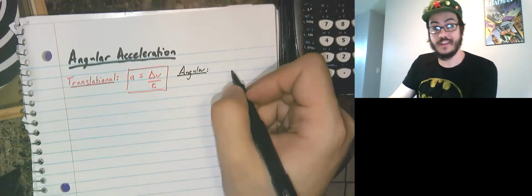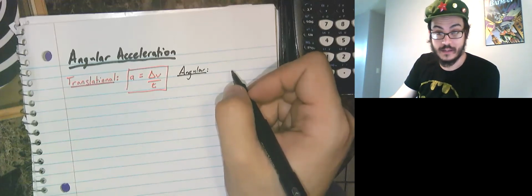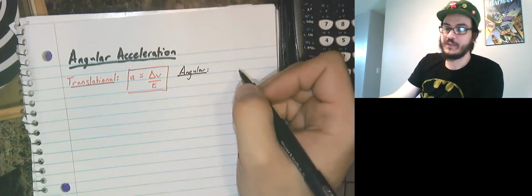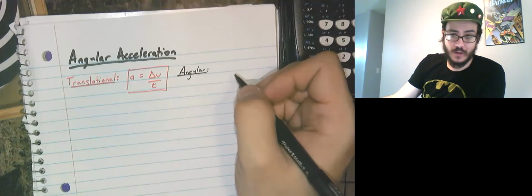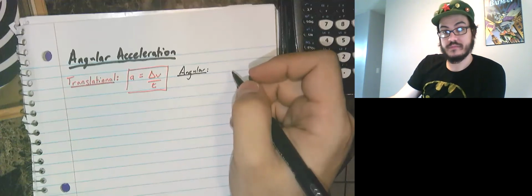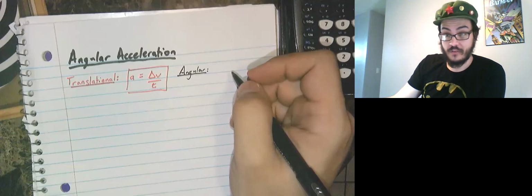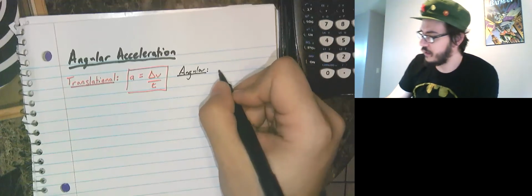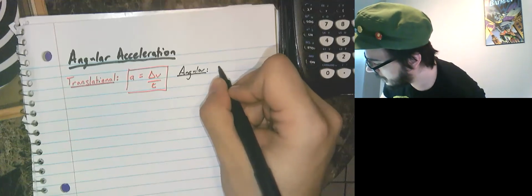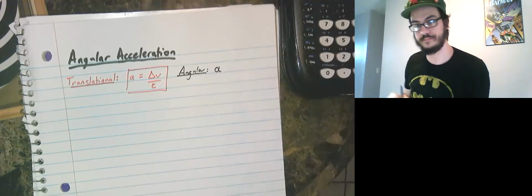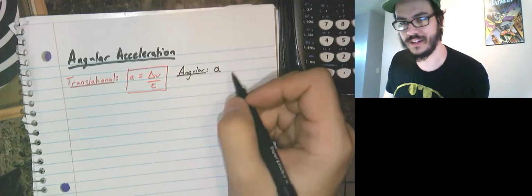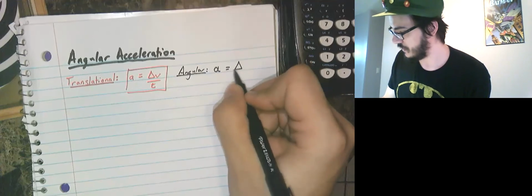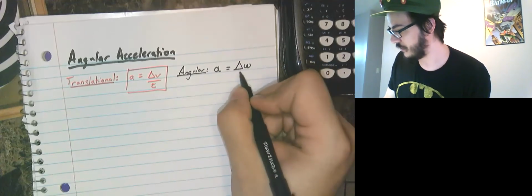Of course, A for acceleration is already taken by the linear acceleration. So we have to go to the Greek alphabet again. The Greek alphabet equivalent of A is alpha. Capital alpha looks the same as capital A, so let's ignore that one and use a lowercase alpha. Looks like this. Not terribly different from a regular A. Change in angular velocity omega